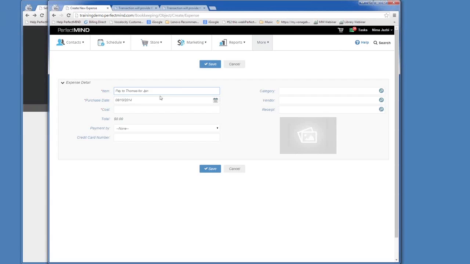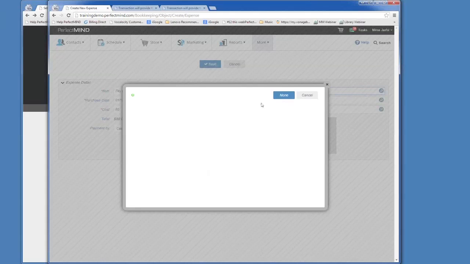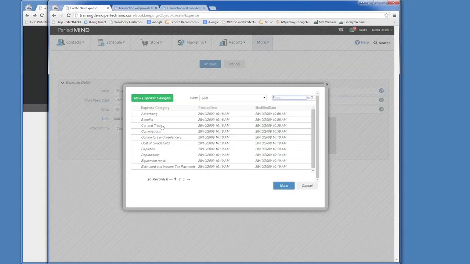Now, for those of you who are going to have PerfectMIND on the same computer open and also want to have the self-check-in window open on the same computer as well, it's recommended for you to have the self-check-in window open on a different browser versus the PerfectMIND that you're going to work on. Just because of permission stuff, we want to make sure that people don't have the ability to somehow get to